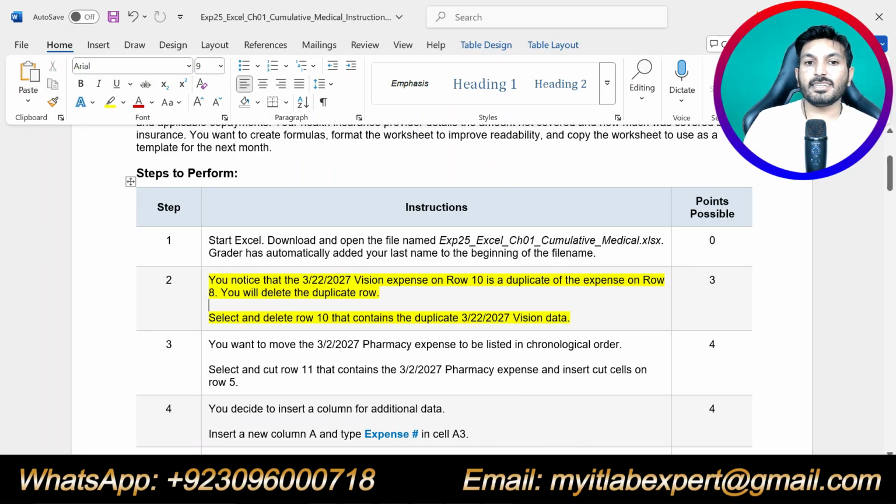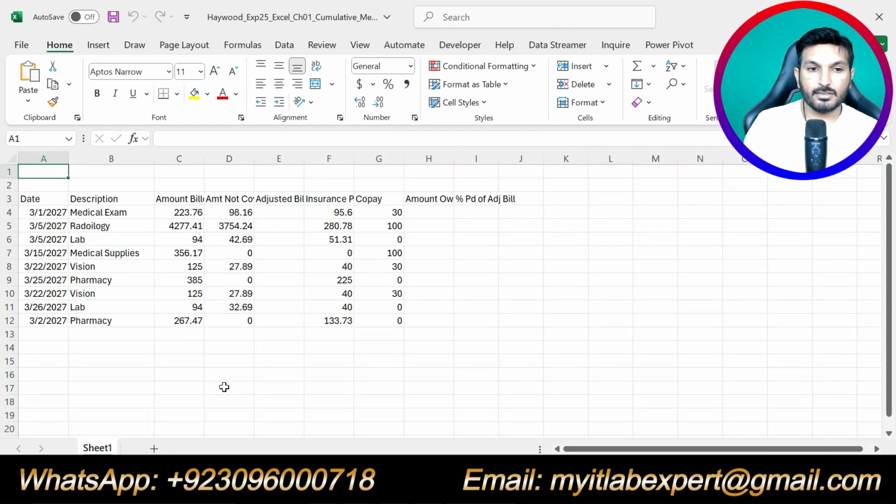You notice that the 3/22/2027 vision expense on row 10 is a duplicate of the expense on row 8. Row 8 and row 10 are duplicated, vision and vision.